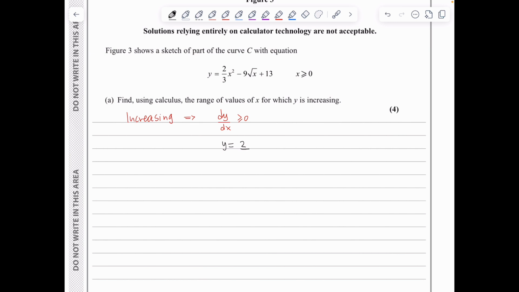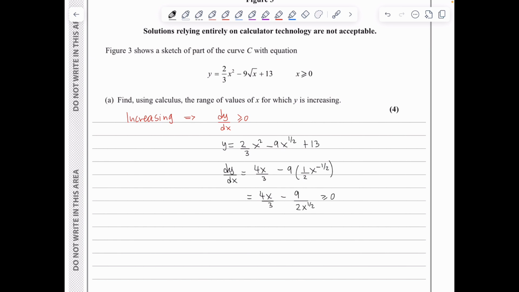So y is 2 over 3 x squared minus 9x to the half plus 13, which means that dy/dx, remember that when we differentiate, we multiply by the power and we deduct 1 from the power. This will give me 4x over 3 minus 9 times a half x to the minus a half, which simplifies to 4x over 3 minus 9 over 2x to the half, and we need this to be greater than or